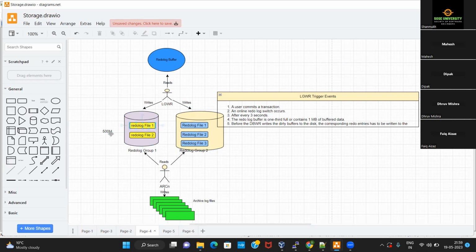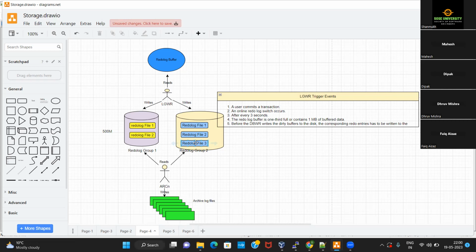As soon as the 500 MB on the redo log file of this specific group is full, the LGWR will switch from redo log group 1 to the next available redo log group, in this case group 2, and then it will start writing the further redo entries on these redo log files. Clear with this much information?